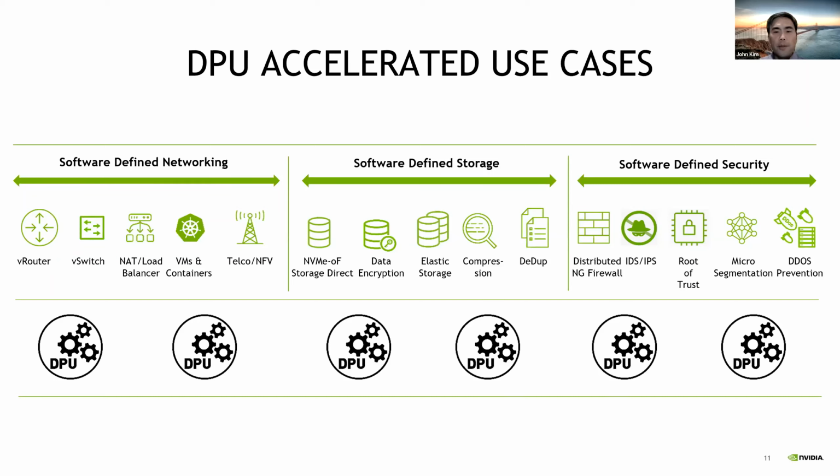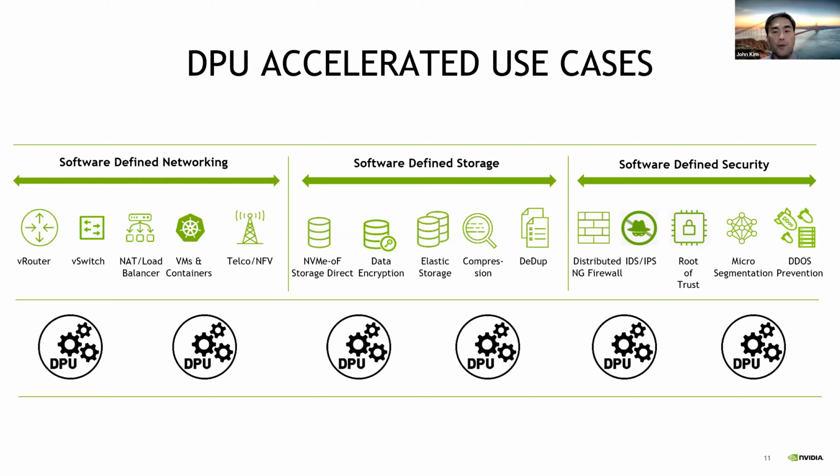On the security side, we'll have more detailed slides about this, but you can use the DPU to create a next generation distributed firewall, where parts of the firewall are running on every server instead of only at the network perimeter. And this is very important in a world where different threats are probably going to break in. You have to assume that threats or viruses have gotten into the data center, and you need to be able to protect every server. You can also run intrusion detection and intrusion prevention software on the DPU. And the DPU lets you do microsegmentation of the network and prevent or help stop DDoS, distributed denial of service